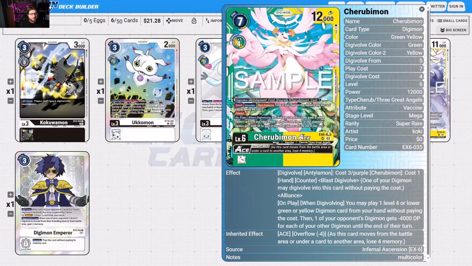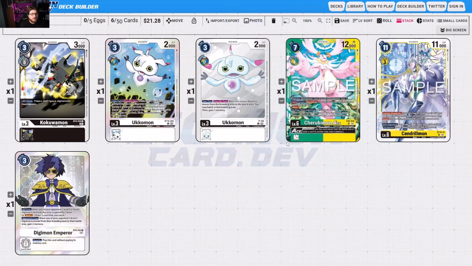And then you have Cherubimon Aces starting to be teched into the deck, because this thing can play a level 4 or lower green Digimon from your green or yellow Digimon from your hand without paying its cost. Then one of your opponent's Digimon gets minus 4,000 DP for each of your other Digimon until the end of their turn. So this is basically another vitally strong card. To be honest with you, I think this is more supported for the Numemon deck than it is for anything else. But also you have